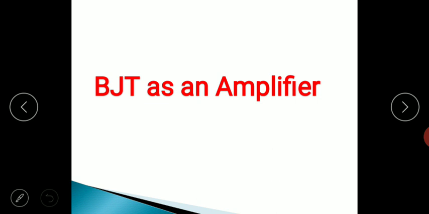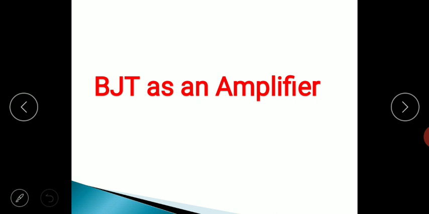Now we'll move into the actual syllabus. As you have seen in the first slide, your syllabus starts with BJT as an amplifier. But to understand this, you should know what exactly the transistor is. So I have covered in brief what exactly you mean by a transistor and its associated current, voltages, configurations, etc. Now we'll start with what exactly you mean by amplifier.